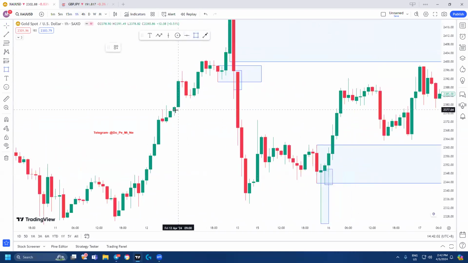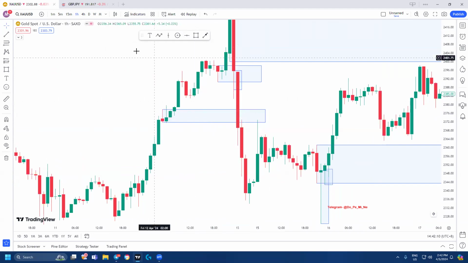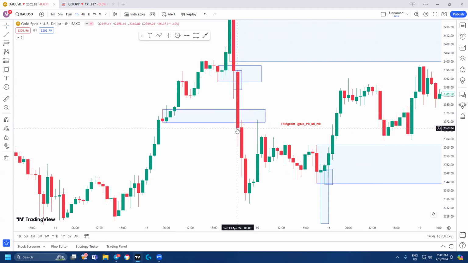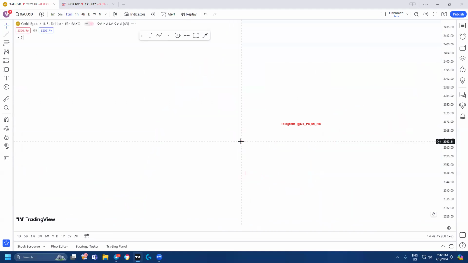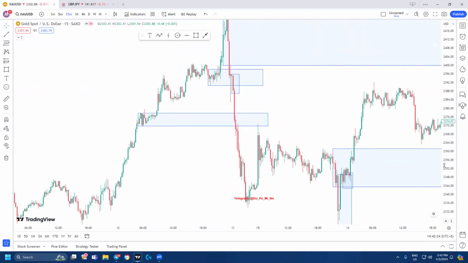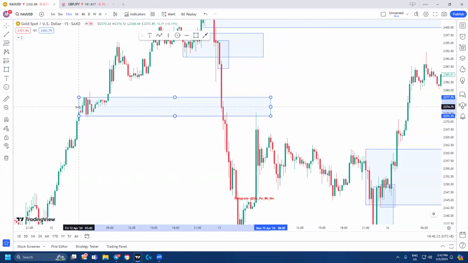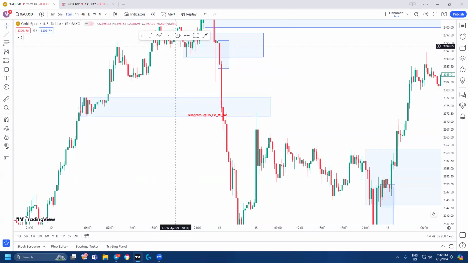Like this zone, I will go to M15 or M5 to look for other entries. Like this, it's already broke and pulled back, we go to M15. If you want to make an early entry like this, you need to precise the zone like this. This one zone also can, no problem, because it's very similar.